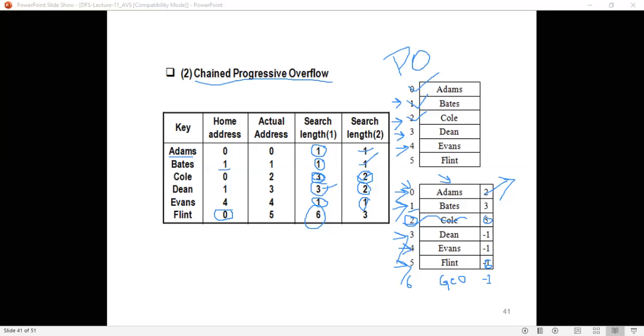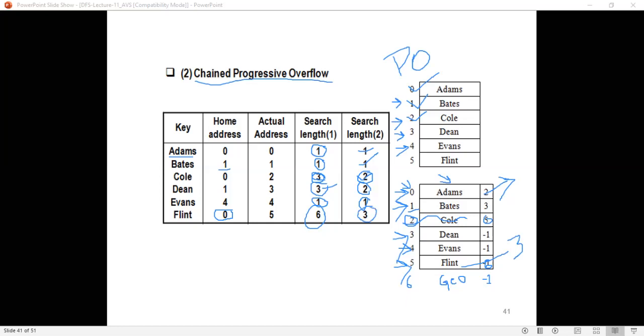Search in 5, you'll get Flint here. Now what is the search length till here? 1, 2, 3. Now see here, in linear probing you needed 6 accesses, isn't it, to reach Flint.